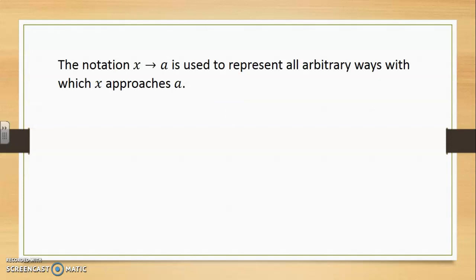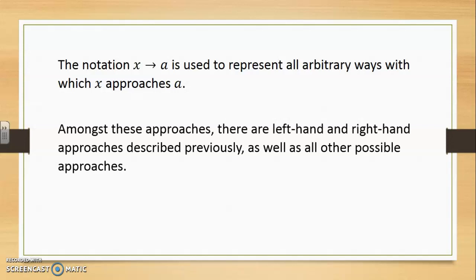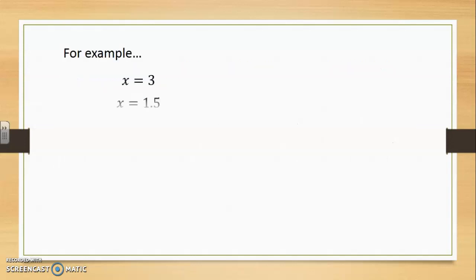The notation x heading towards a is used to represent all arbitrary ways with which x approaches a. Amongst these approaches, there is the left-hand approach, the right-hand approach, as described previously, as well as all other ways of approaching a. For example,